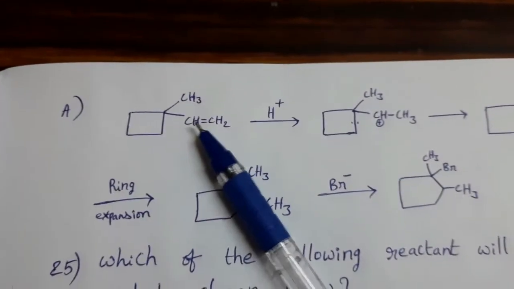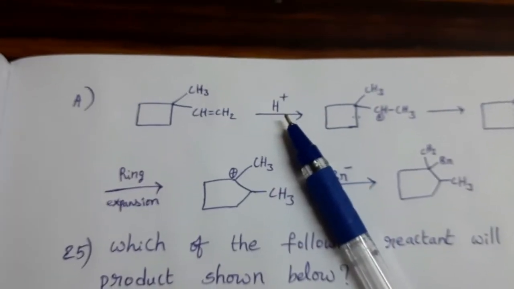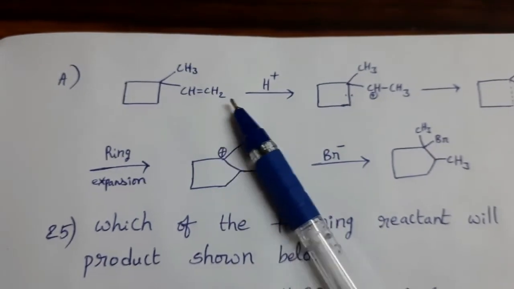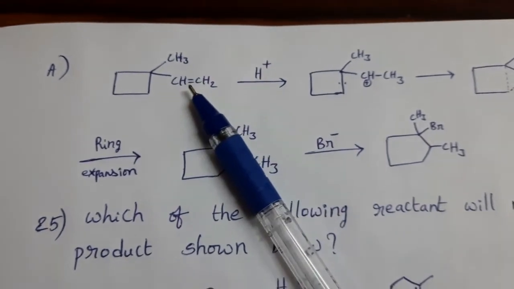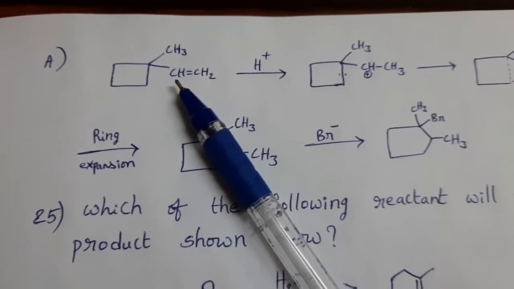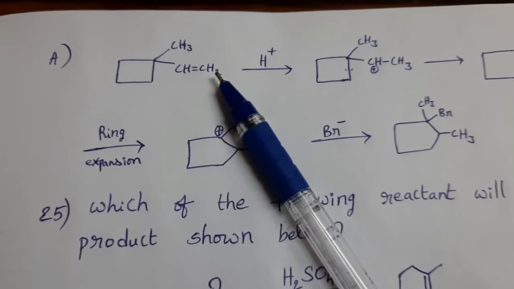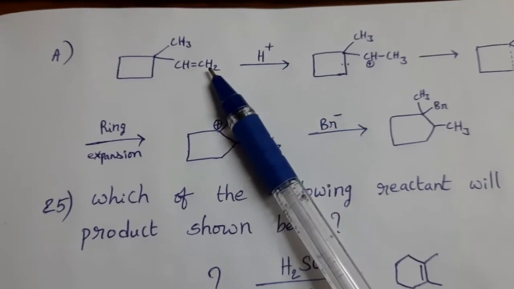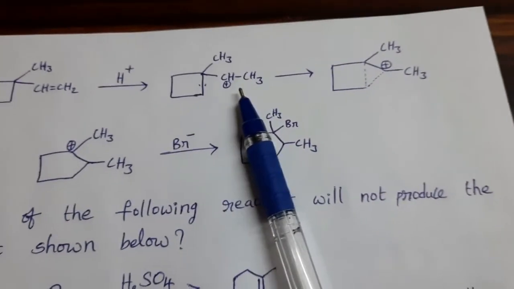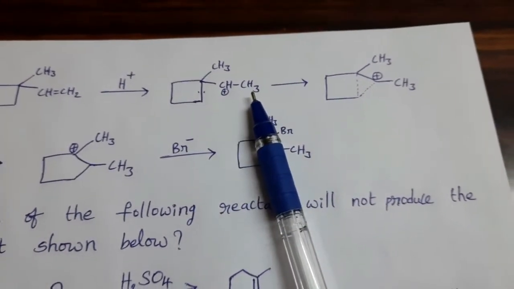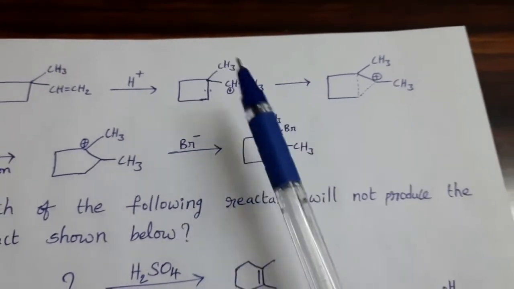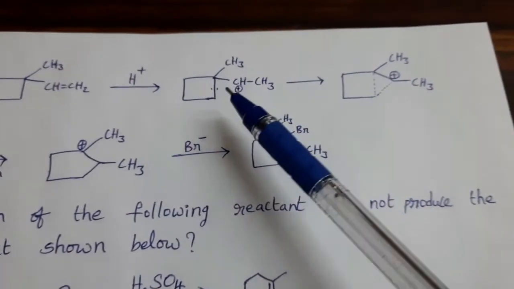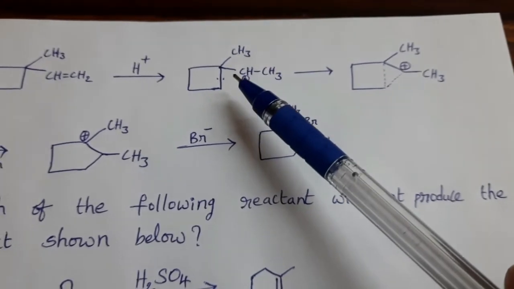See the reaction. In this, first H plus electrophile, electrophilic addition reaction takes place at this carbon. That means these pi electrons shifted to this carbon. Positive charge developed at this position. H plus attached to this. Then we can get this one, CH plus CH3. Now listen carefully. Generally most of the students will make a mistake here.